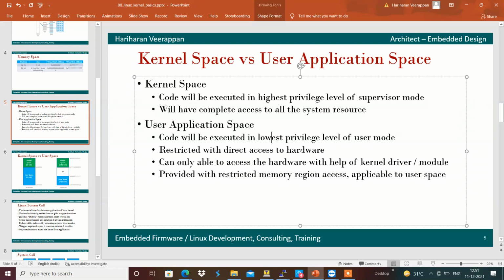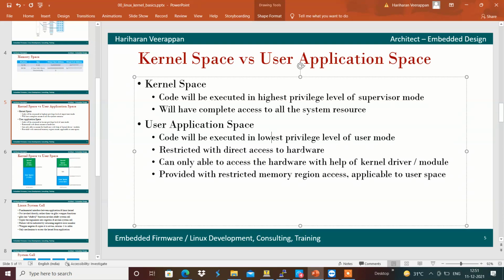All those things will not allow the complete system to crash. The application can only access its own process space. It cannot access the hardware directly without the Linux kernel interface.